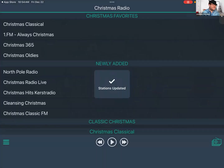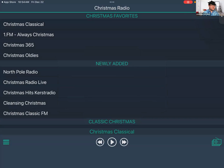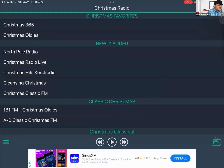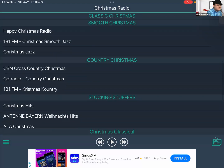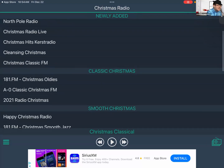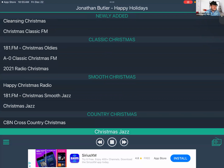So look at all these different stations. So same thing, you want to make sure you follow the prompts on the screen, and look at all these. I wonder if it plays while I'm on Zoom, but look at all these different options, like Christmas favorites, newly added, classic Christmas, smooth Christmas, country Christmas, stocking stuffers. Wow, so let's do some Christmas jazz. And you see when you tap on it,